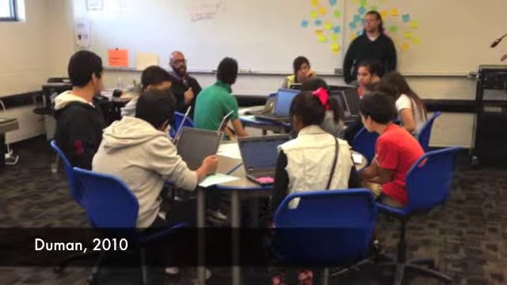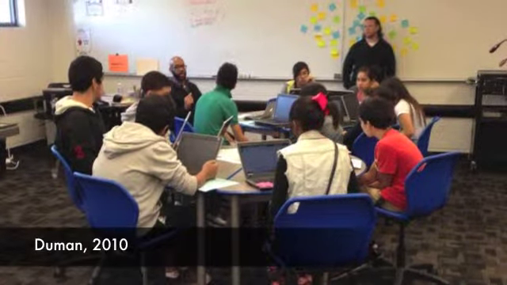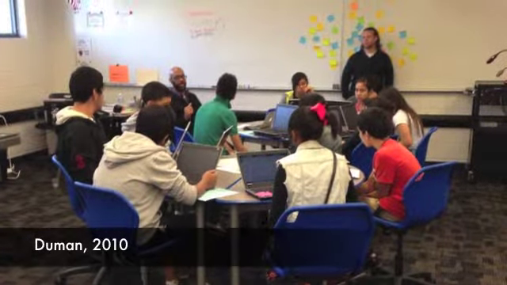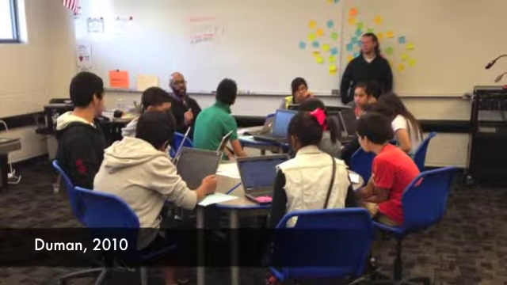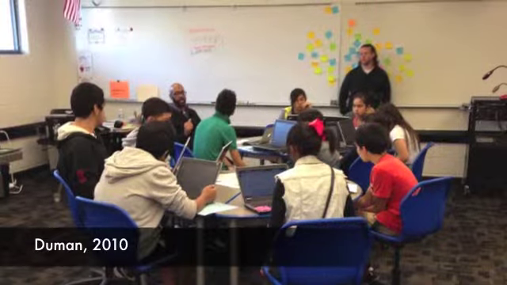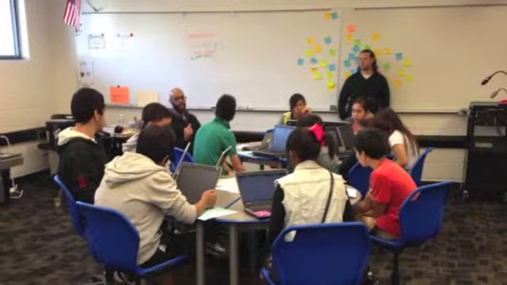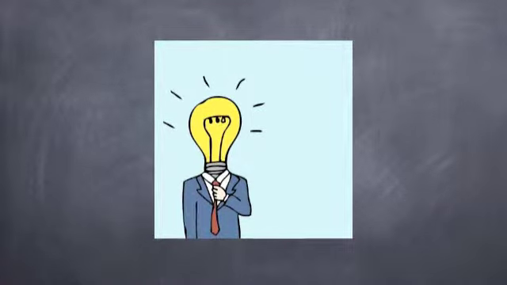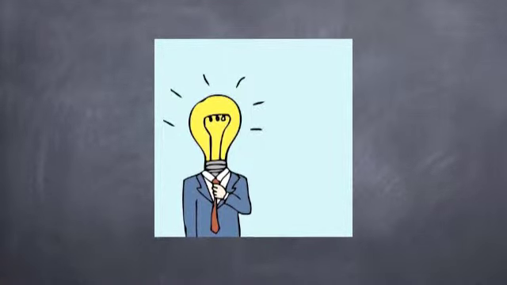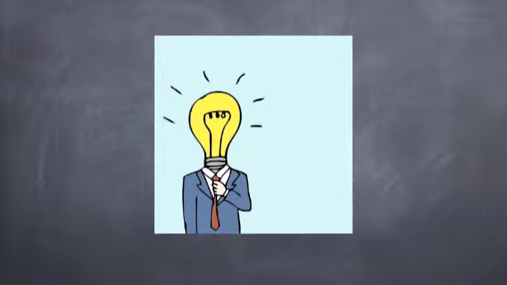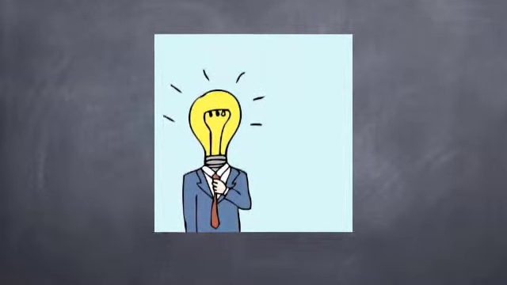Duman reinforced the importance of differentiation, suggesting it was vital for educators to understand how the brain functions in order to understand how learning takes place. Otherwise, teachers were subscribing to the one-size-fits-all approach, which would not benefit the students. This information impacted the direction of my action research because if differentiation were vital to teaching content in the classroom, why would the same not be applicable with regards to teaching technological skills?